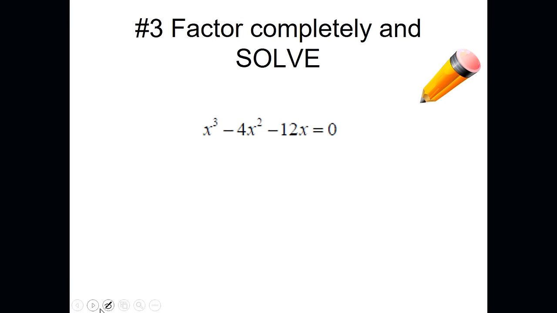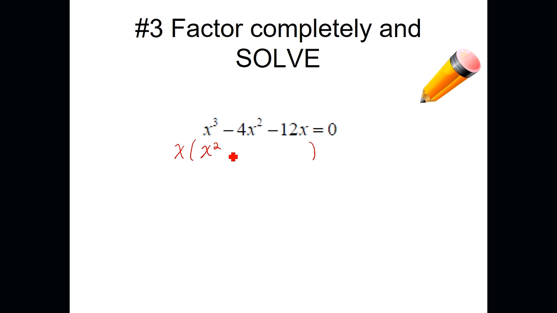Now let's take a look at number 3, factoring completely and again solving. So notice I have 3 terms here, and I'm noticing that they all have x's in there. Do you see that? Every piece on this side has an x. That's telling me that I should probably try to divide out a greatest common factor first. So if I divide out an x from everybody, leave the x there, and divide each term by x, it